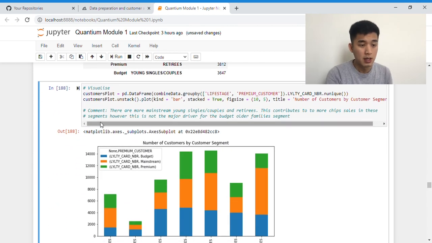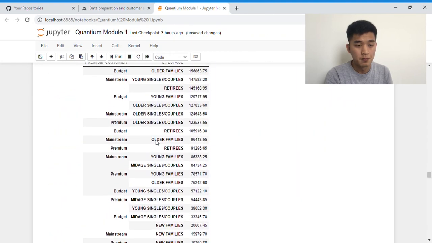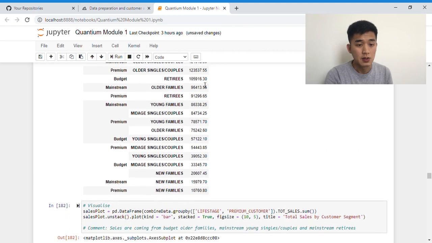some visualization. And I've left a comment here saying that there are more mainstream young singles couples and retirees. This contributes to more chip sales in these categories. However, this is not the case for budget older families. What I mean by that is if we scroll up here, we can see that budget older families has the highest sales. But